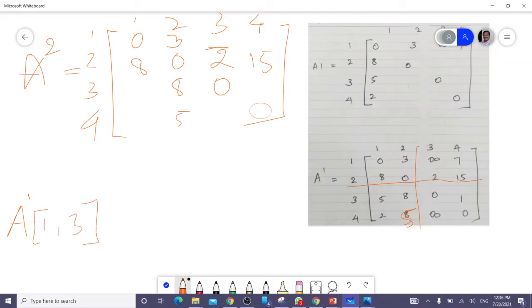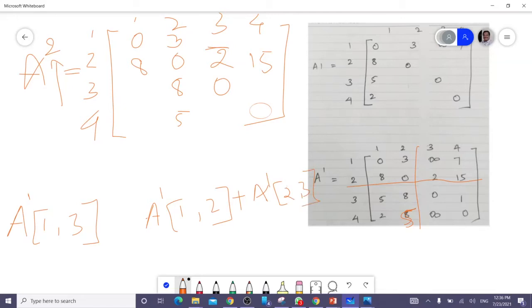If I want to find it, the via node is 2. So I have to write A1 of 1, 2 plus A1 of 2, 3.